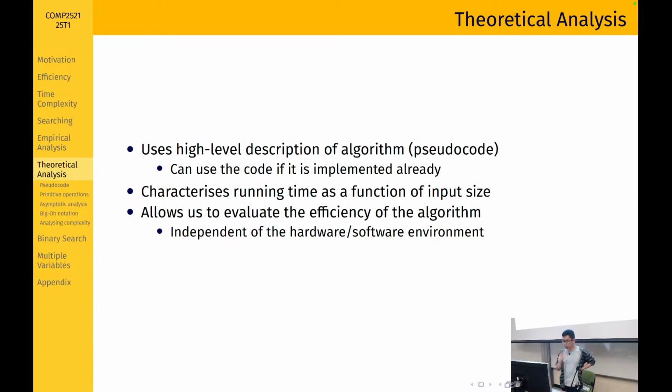Okay, now we'll talk about theoretical analysis. We saw the limitations of empirical analysis. We have to implement the algorithm first, but what if we don't want to implement the algorithm? Well, we can still analyze our algorithm if we read the code or the pseudocode and we count how many operations the algorithm is going to perform. Theoretical analysis uses a high-level description of the algorithm. You could use the pseudocode, or if you already have implemented the algorithm, then you can use the code,